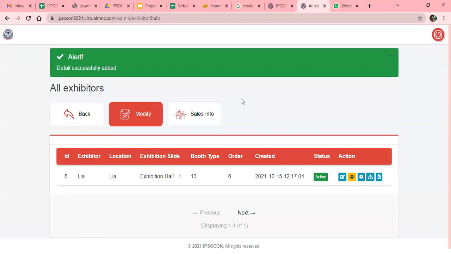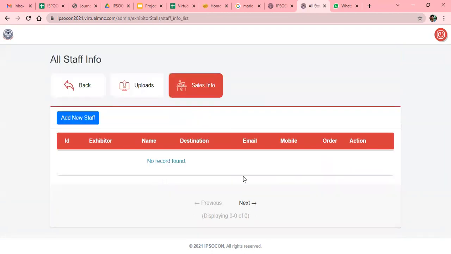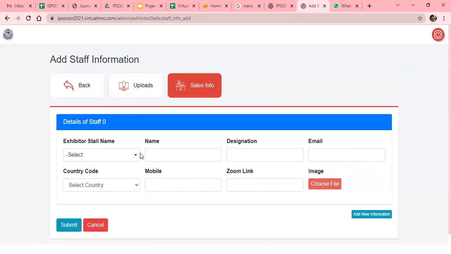Then there is another thing to upload, your sales info. You need to click sales info. Here you can add your staff. You need to select your booth name, the sales information, salesperson name, their designation, their email ID, the country code, mobile number. If you have an image, you can upload the image also.